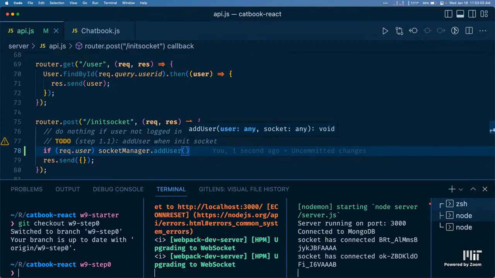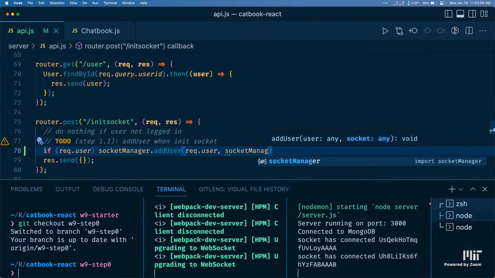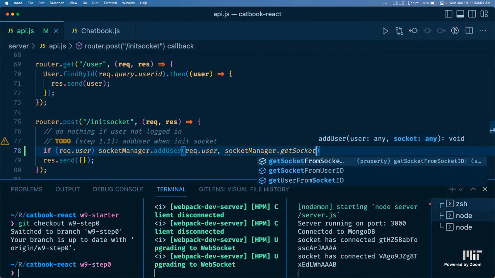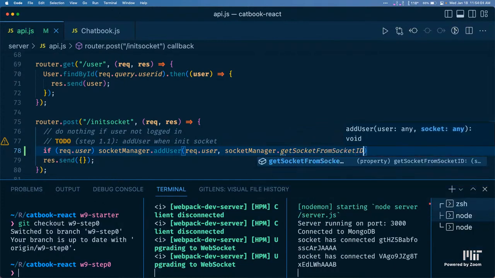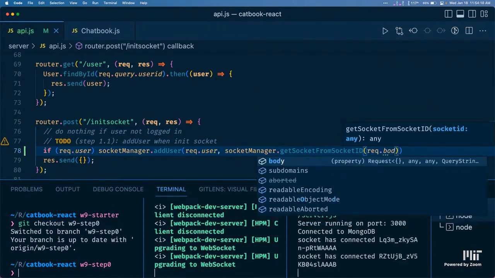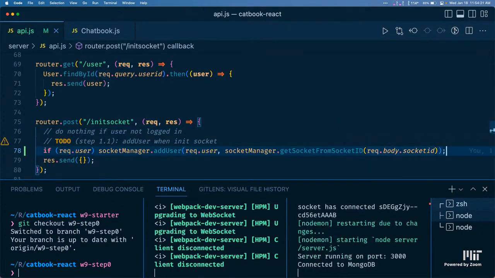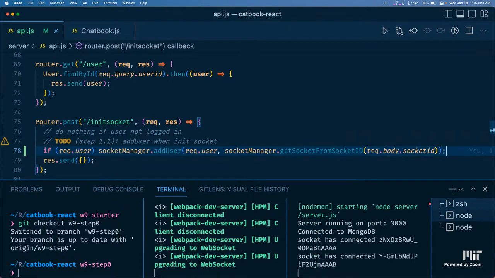If we look at the syntax, we pass in req.user and then a socket. And we can use socket manager again here, specifically the getSocketFromSocketID method. And then for that, we get the socket ID from the request, which we'll promise ourselves that it will be there later on in the req.body object. Okay, so at this point, the server is ready to receive requests to the route /initsocket, but now we